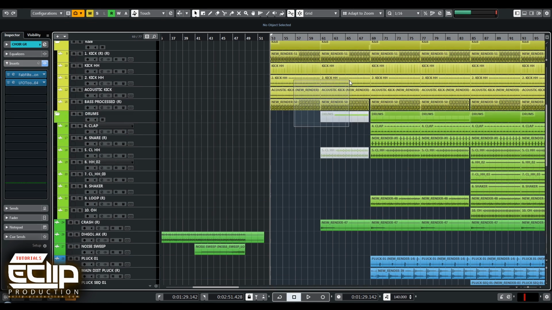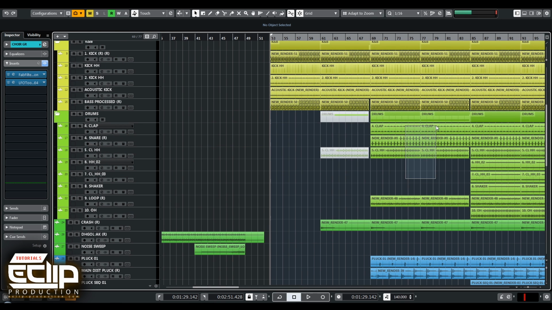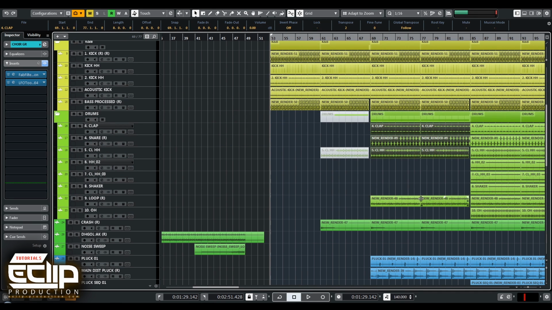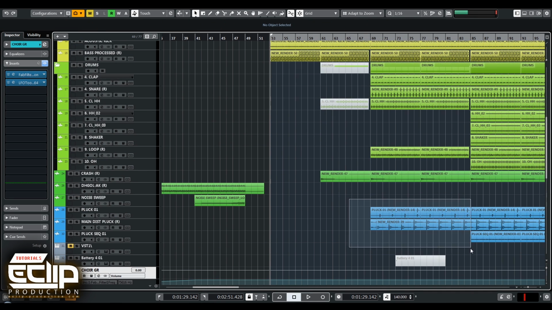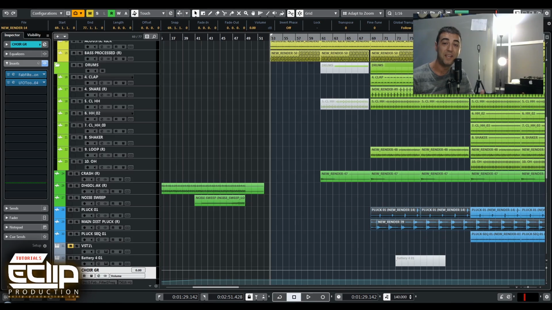So I left only 16 bars here with kick and bass dry, and then it comes with the claps, closed hi-hat and some loop, as well as some of the rhythmical parts that are going to make the groove a little bit more interesting. The main idea is to get this ability of listening, so that you are able to realize when